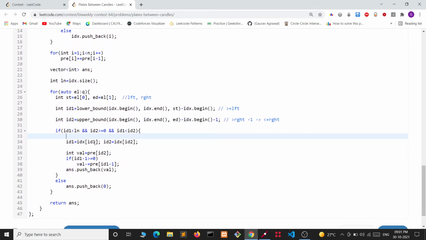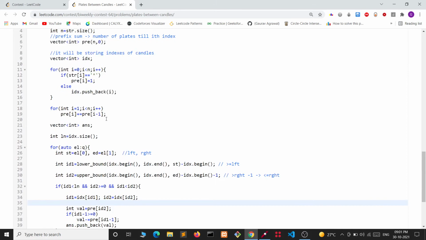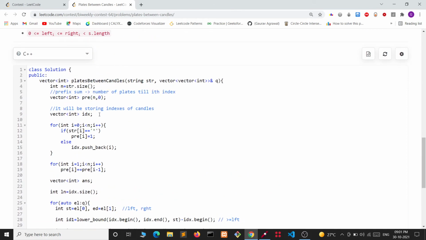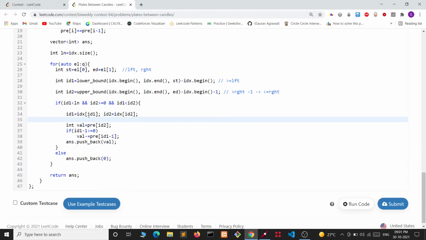This id1 was telling the index which has the value just greater than or equal to left in idx.